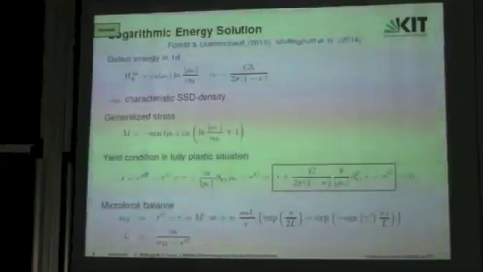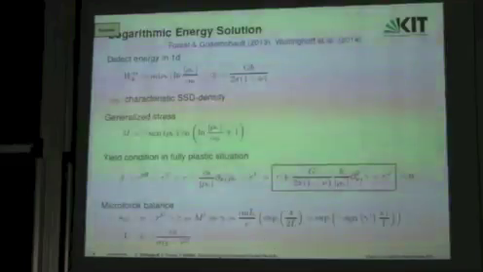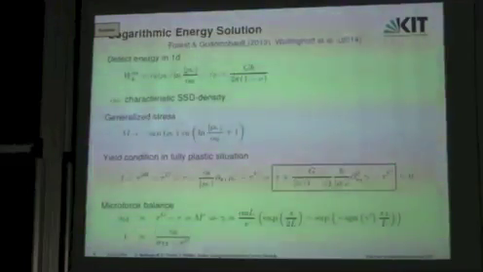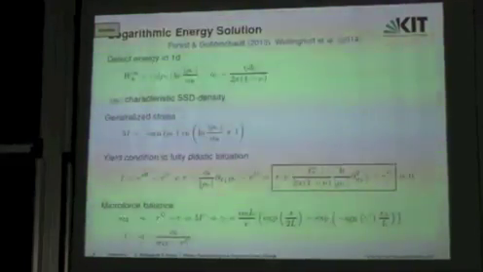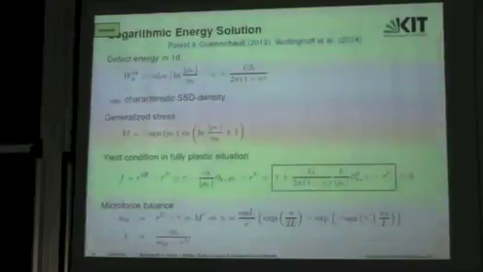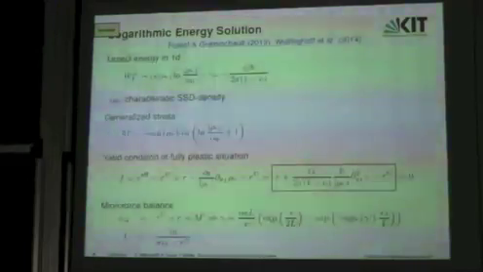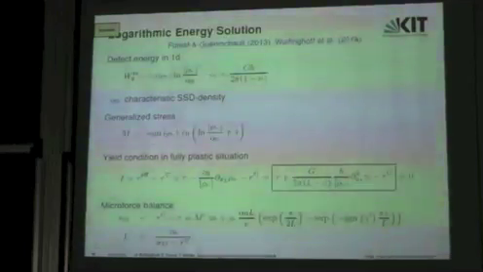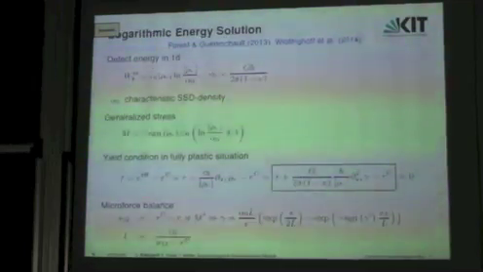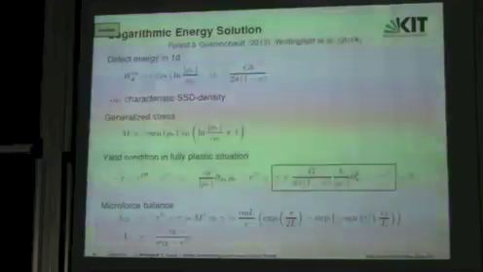It's this back stress here. So you can say that if the GND density is dominant, so that your statistically stored dislocation density is small, then this is a really reasonable approximation of Groma's theory. However, if the SSDs dominate, then this is not a good approximation of Groma's theory. But if the GND density is really large, then everything's fine. And yeah. Okay,